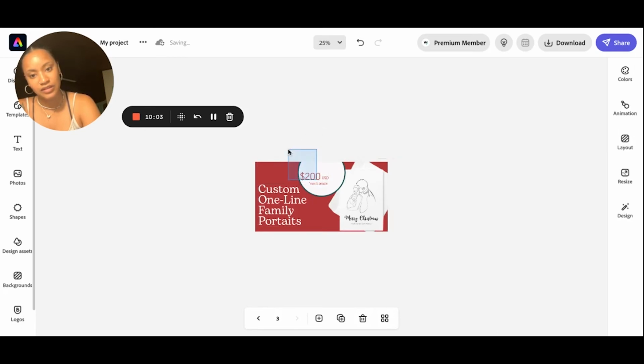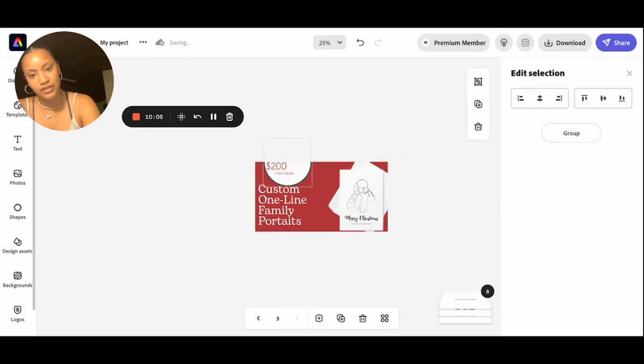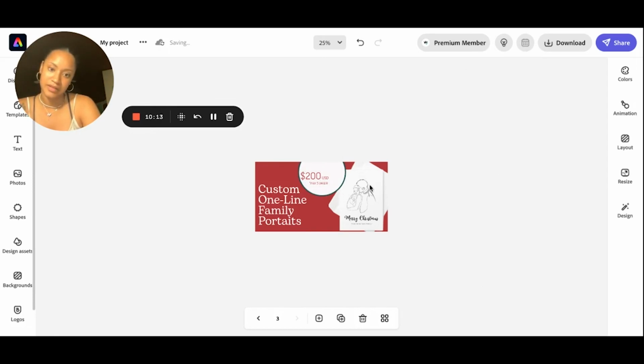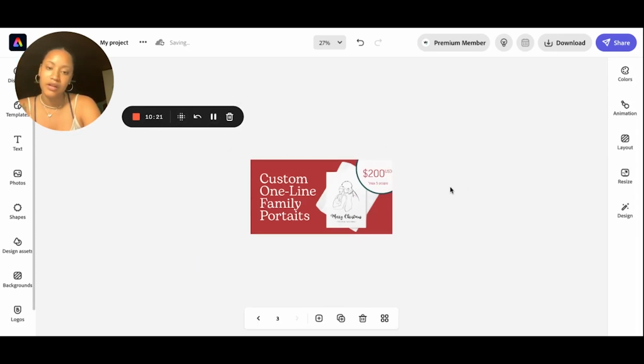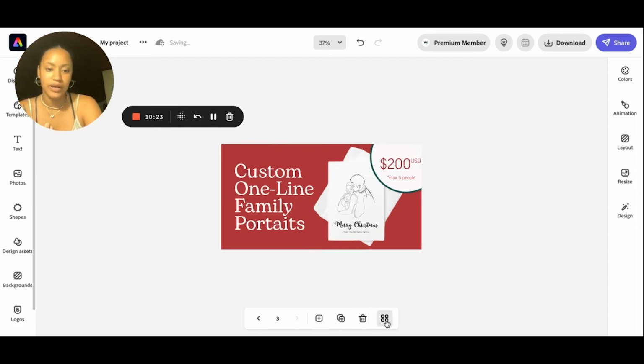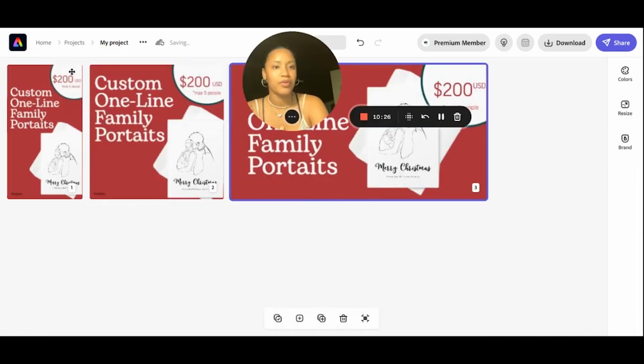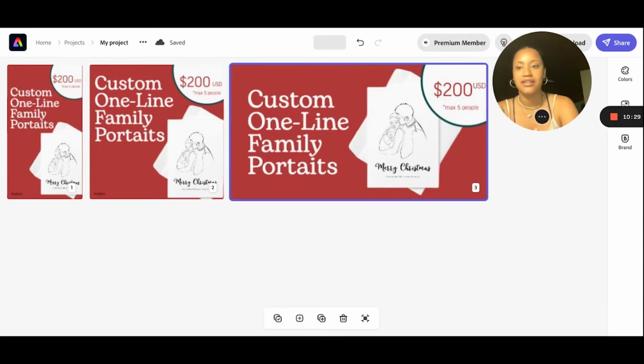Just this part. Let's see. Okay, so I already have this one. And then you can see here, I'm going to move my image to the side. You can see here just how awesome it is when you can see all the sizes that you can create